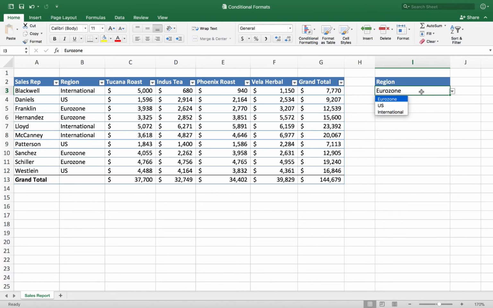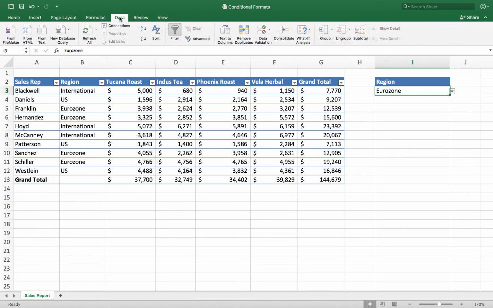There's a very cool feature in Excel, you guys, called data validation. With data validation, you can set rules for what goes in a cell. And you can also control if you want a drop down. So to find out how this was put together in cell I3, click where it says Eurozone in column I, and then go check out the Data tab.